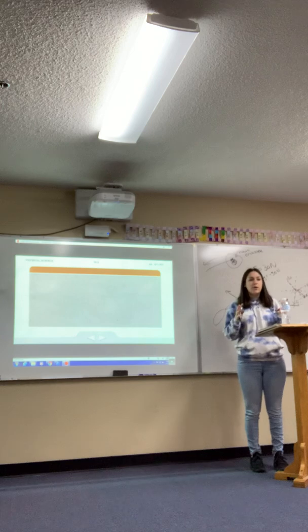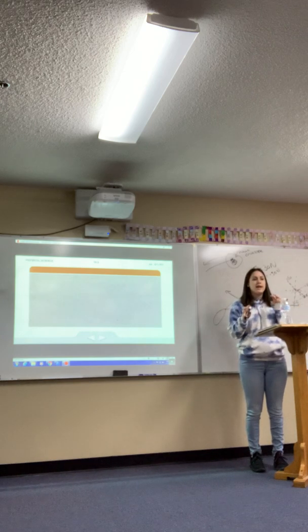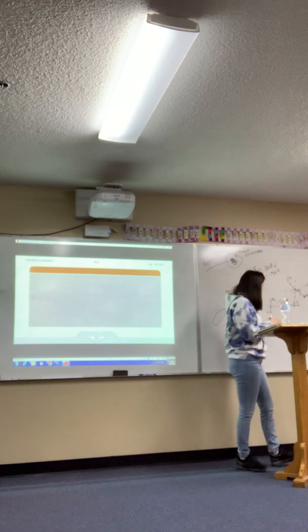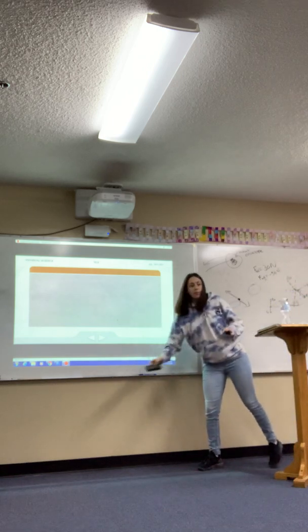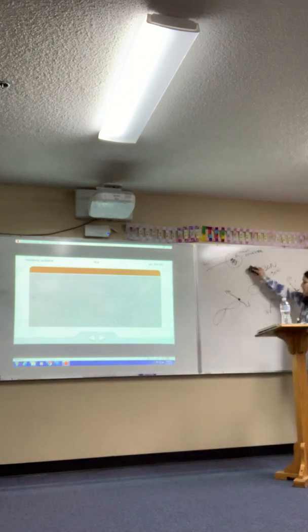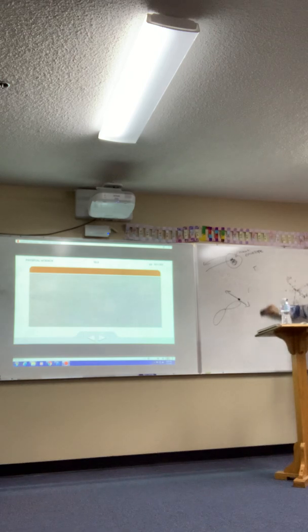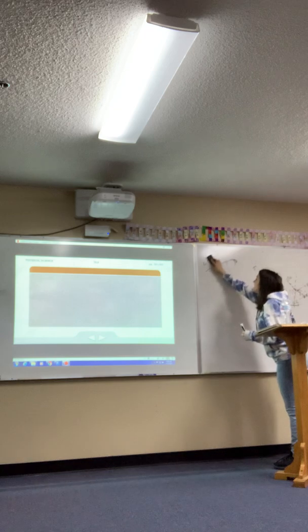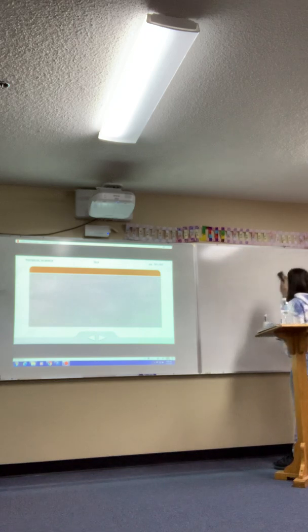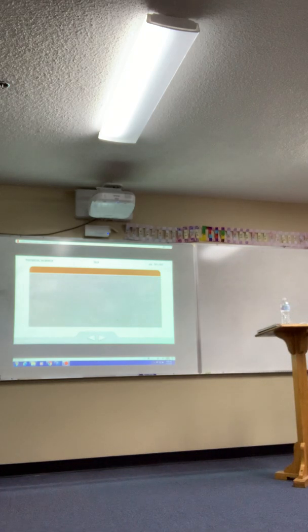So we talked about all of the different models and all of the different discoveries. And now we're going to talk about what the subatomic particles are. Now, pay very close attention to this part, because in the next chapter we're going to talk about the periodic table. And a lot of the information that we're going to see in this part is going to be on the periodic table.